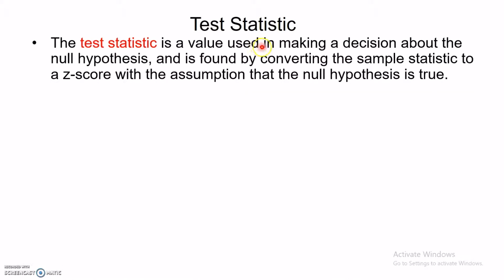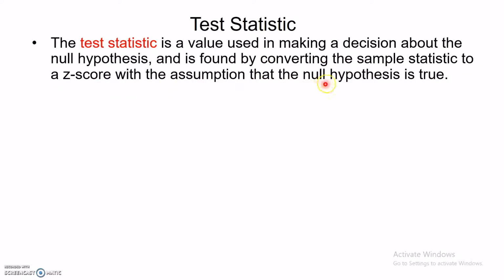Now you might be wondering how we decide that we have to reject the null hypothesis or we are in a position to fail to reject the null hypothesis. Who will decide that? This is where the test statistic comes into play. So what is the role and the purpose of the test statistic? The test statistic is the value used in making a decision about the null hypothesis and is found by converting the sample statistic to a z-score